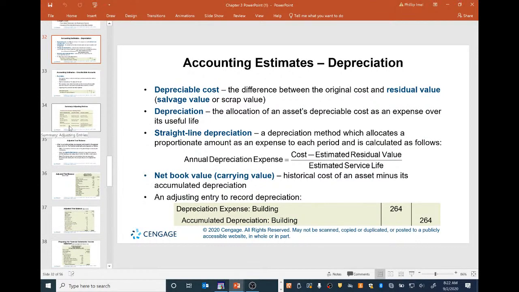So let's talk about the first estimate, depreciation. So depreciable cost. This is the difference between the original cost and residual value or salvage value. What is the salvage value? It's how much you can actually get for it, right, once you dispose of it. So once you make the disposition of that asset, it's what the company thinks they can get from it, right? So if an asset has a salvageable base to it, then you want to back that out to get the depreciable base, right? So that's what the depreciable cost is, the difference between the original cost and residual or salvage value. Depreciation is going to be the allocation of an asset's depreciable cost as an expense over its useful life,